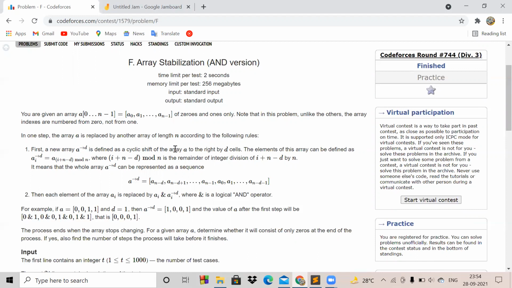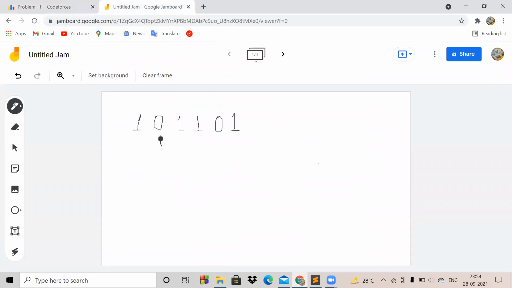Suppose we have element number 1, because this is element number 0, we have 0 indexing here. What will be its new position if we do a cyclic shift by 1?